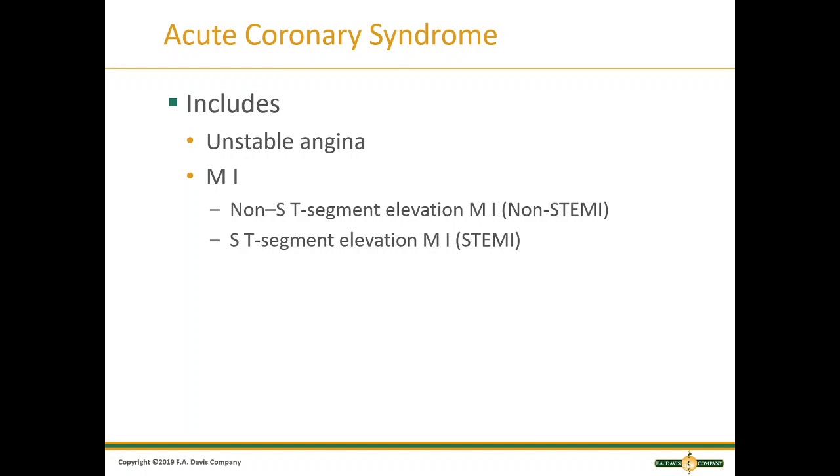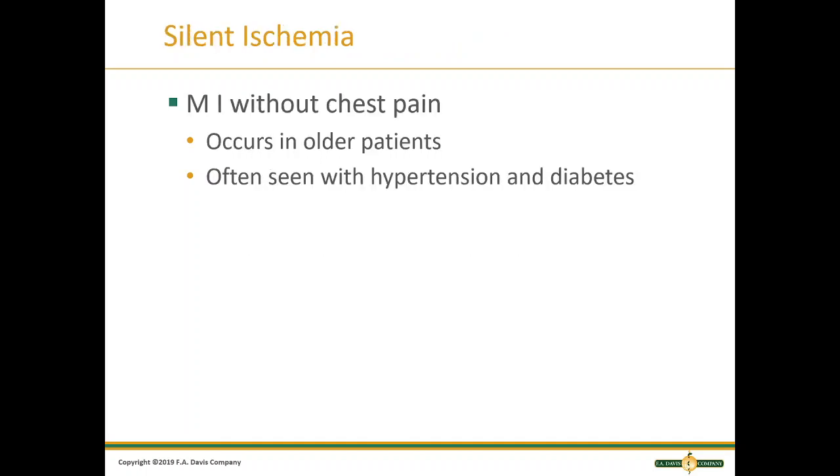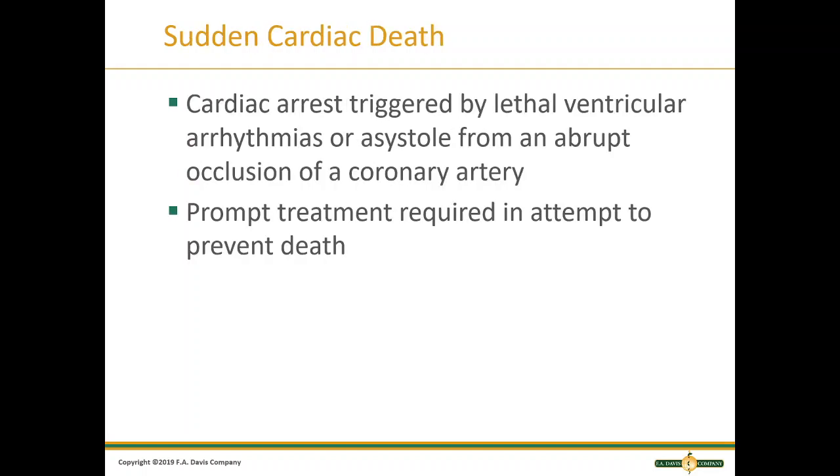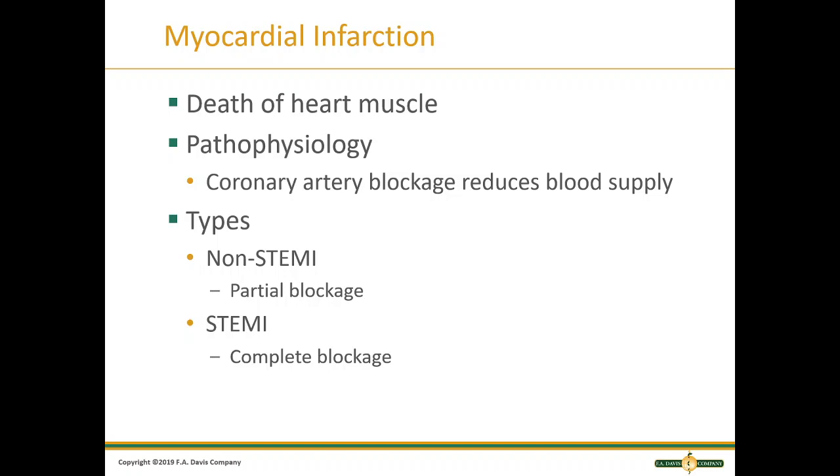Acute coronary syndrome. This is unstable angina. Includes MI. Okay, this is ST segment changes, elevations. MI without chest pain, so silent ischemia. This generally happens in older patients, and it is seen with hypertension and diabetes. So obviously very dangerous because of sudden cardiac death. This is triggered by a lethal ventricular arrhythmia. They don't have warning. It is often just sudden and can happen in their sleep. They need immediate prompt treatment if they're going to have a chance at